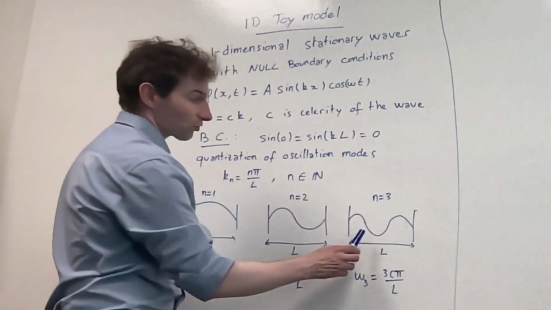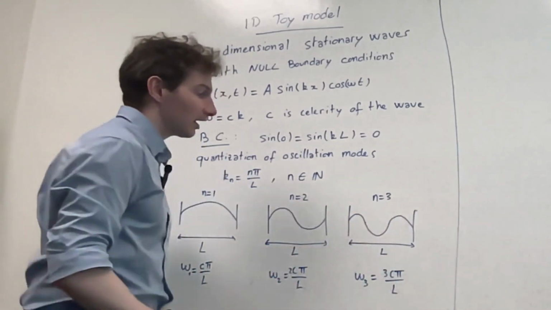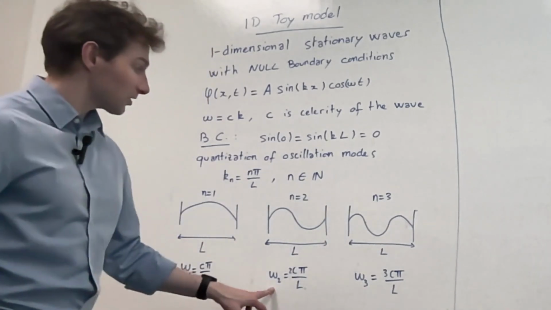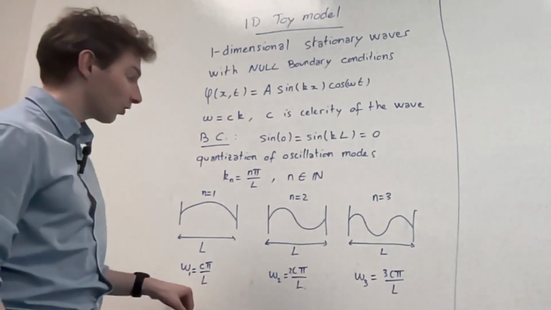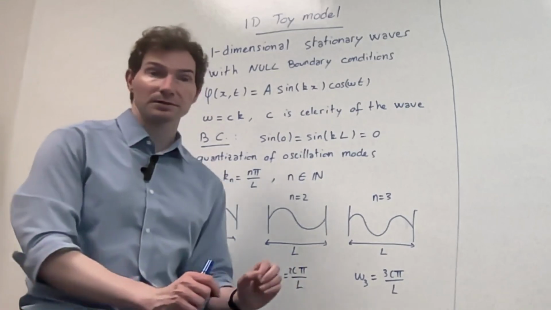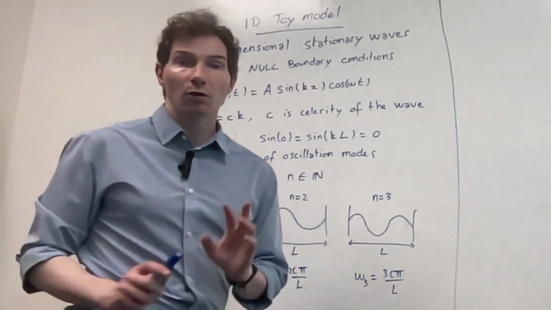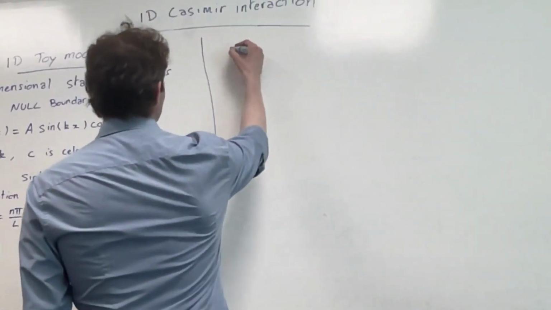Then n is equal to 3. You've got basically 3 parts that are oscillating. And each time the frequency is going to change. Here it is twice omega 1, and here it is 3 times omega 1. So the frequencies are different. Now, once we have said that, we know that for a given frequency,